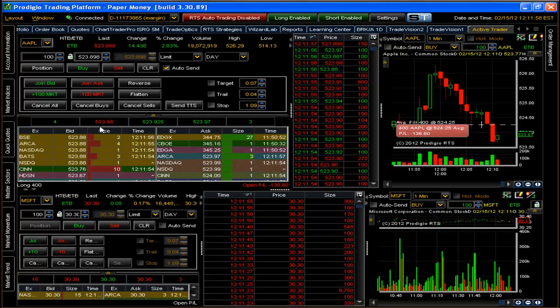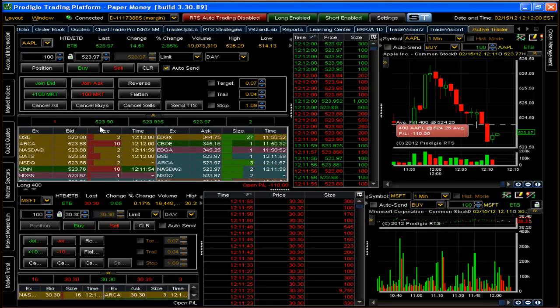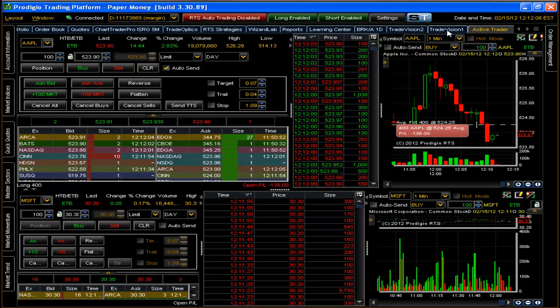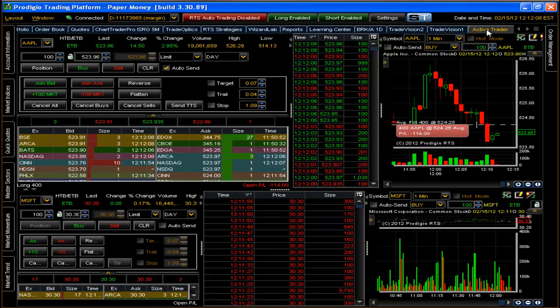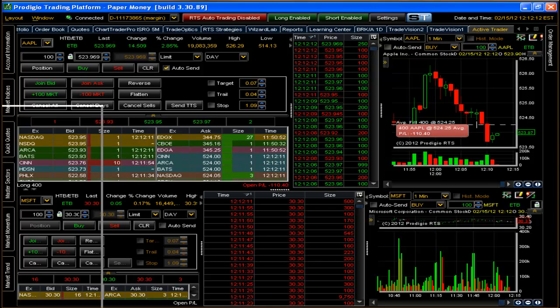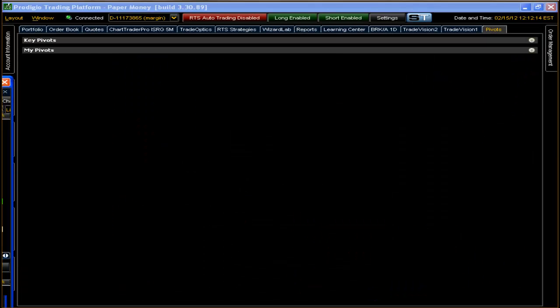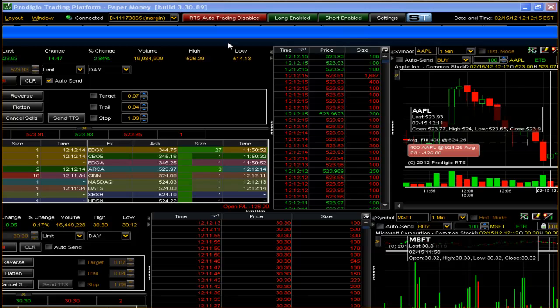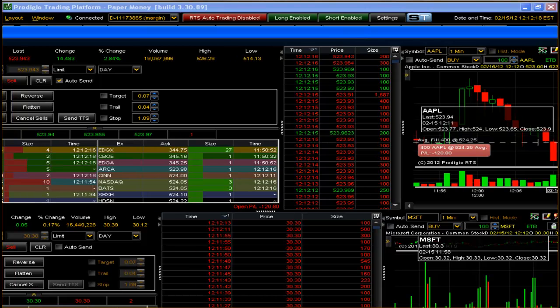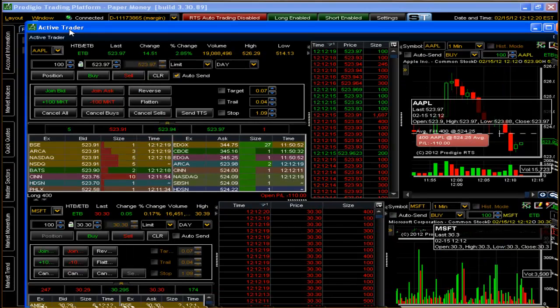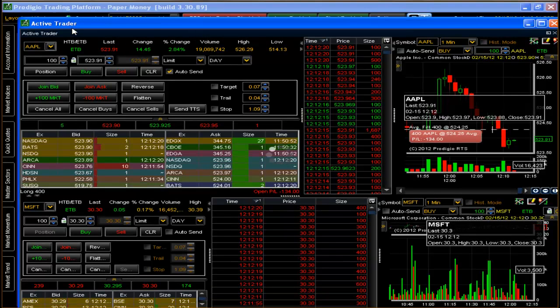Right, so that's about it for the active trader. This is just another tab available in the main tabs of Prodigio. What we've done is simplify the docking logic. For example, I can drag this out at any time, and I've dragged this out into a separate window. And this window I can just throw up